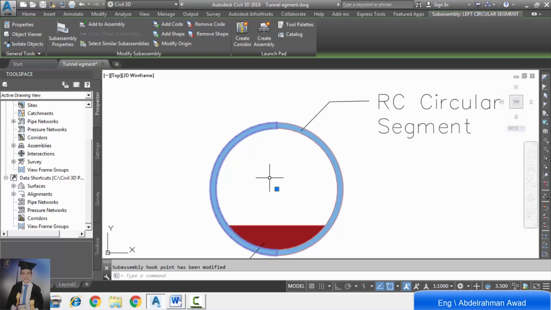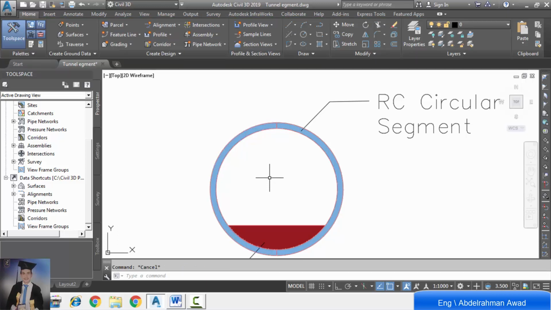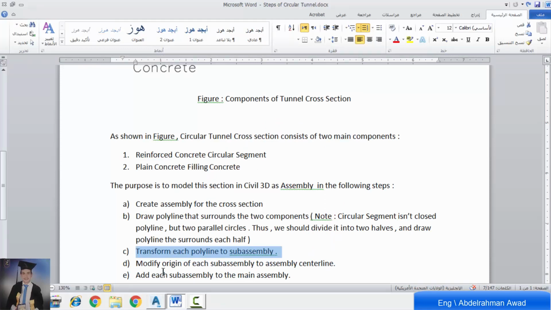So for all sub-assemblies we modified the origin from the specified place to the circular center. The purpose of this step is to transform all the sub-assemblies' origin to the circular center. So we are ready to add all these sub-assemblies to the main assembly.